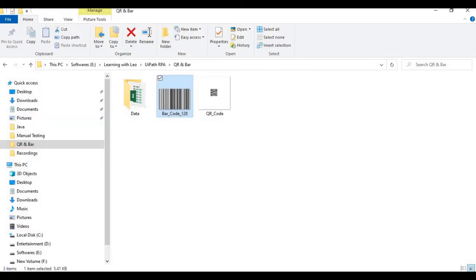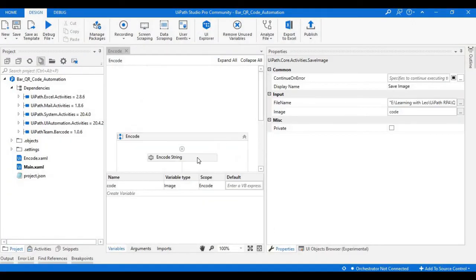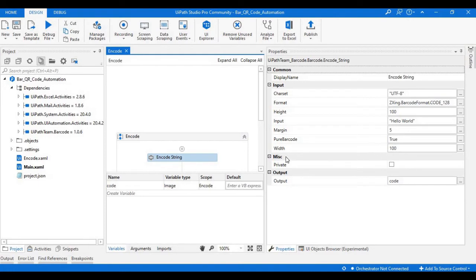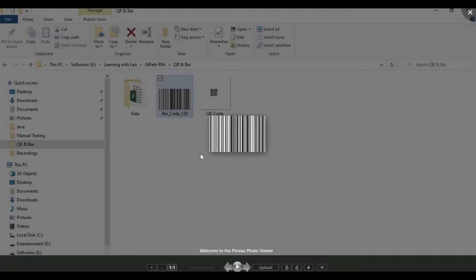Another property we have seen here, if you go to the properties, is a field called pure barcode, which is of type boolean, nothing but it is accepting true or false only. As of now it is showing as true. What it means is, if you observe the barcode, it just contains the pure barcode.